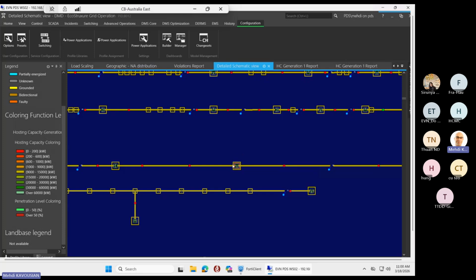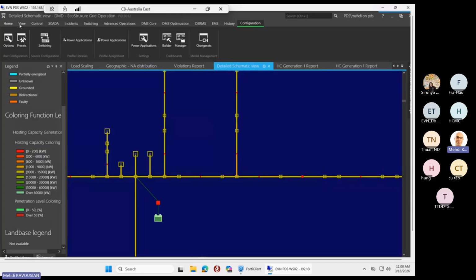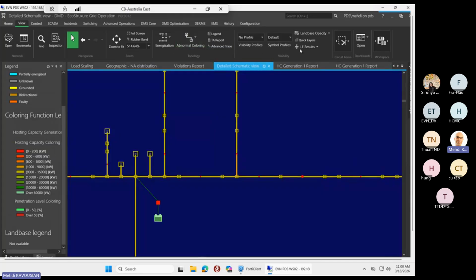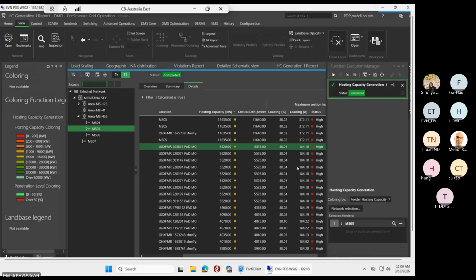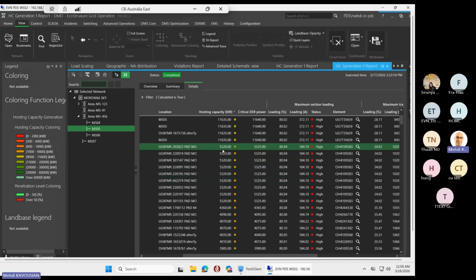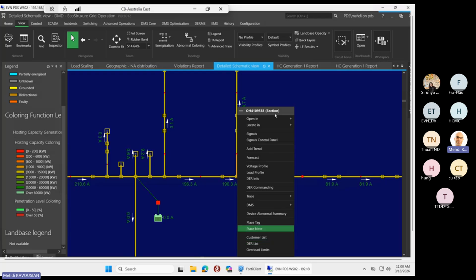If I select it here, yeah, that's the worst case, because this is the weakest point of your network. Right now, if I turn on my load flow results, the current is 114 amperes. And if I add this 5 megawatts, instead of 114 it's going to be 184. And 184 is 80% of that section. So if I go to that section, you see,